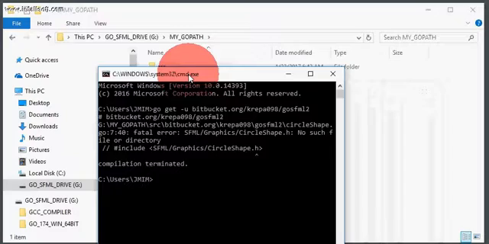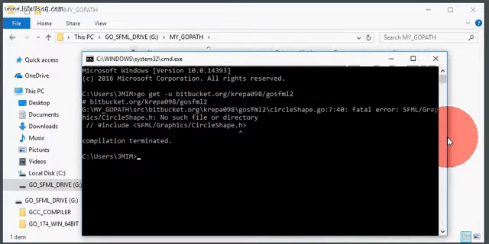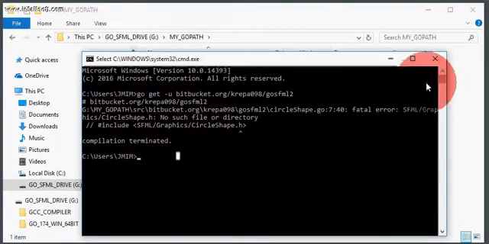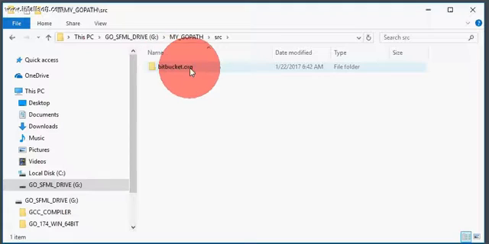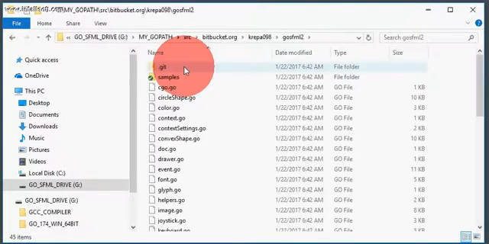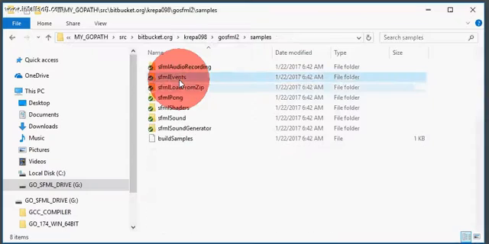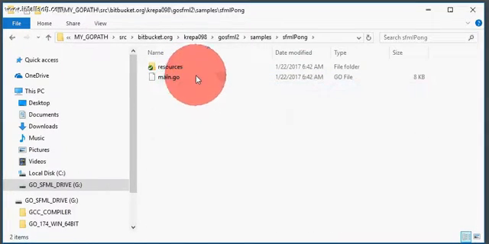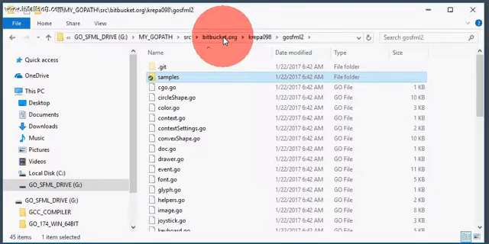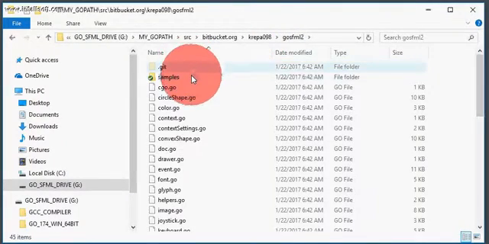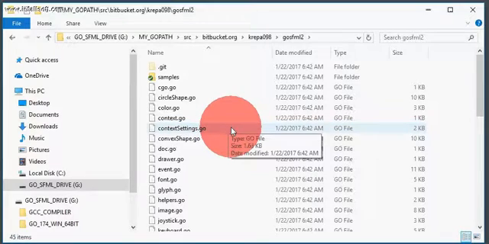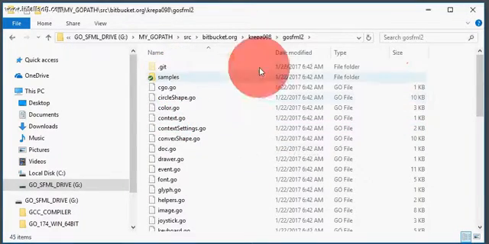Alright, so that's a problem. That include that it's looking for is actually an include for a library we have not downloaded yet. That's actually the C-SFML library that include is referencing. So basically, you download Go SFML, which references C-SFML. And C-SFML is the C bindings for the SFML library, which is kind of confusing. Basically, the way Go SFML works is it uses some C code